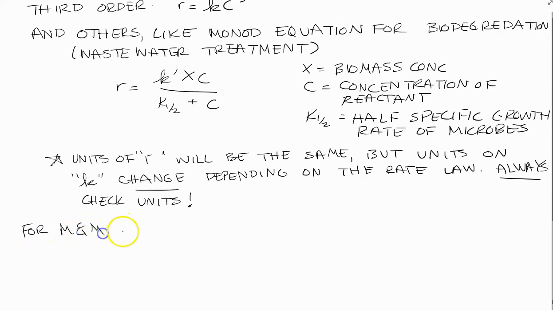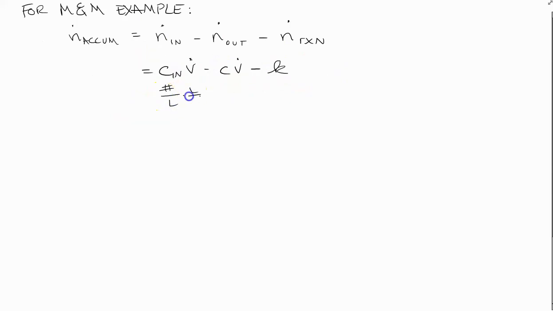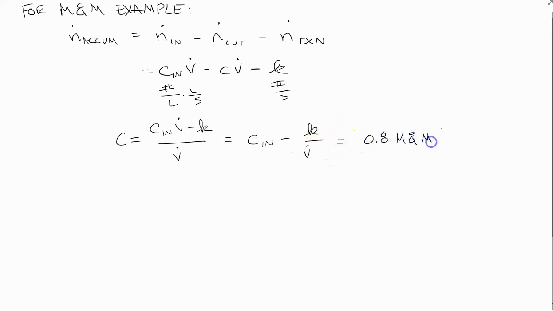So for our M&M example, first I'll solve for the steady state M&M concentration. Here we have our accumulation term equals in minus out minus reaction. I've filled in all the terms here. We've got to be really careful with units again. For this particular example, for K, I used number of M&Ms per second, and then our in and out terms are also number of M&Ms per second. I can set accumulation to 0, rearrange, solve for C, and in this instance I get 0.8